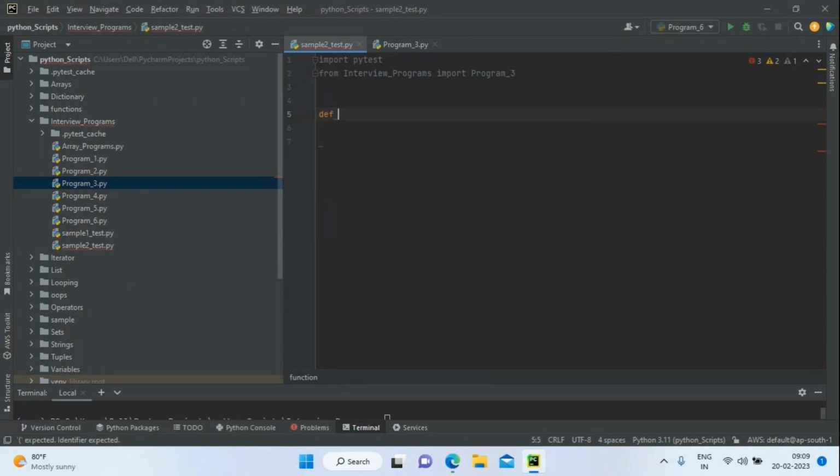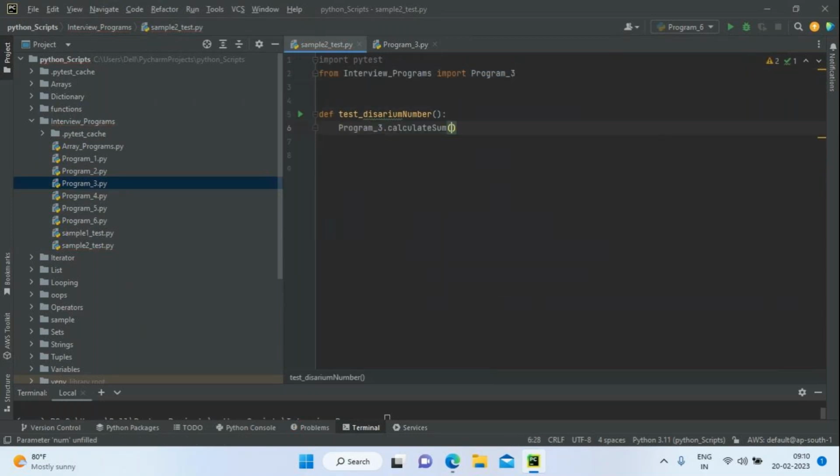The function should start with test underscore, and the test case name will be disarium number. Test underscore disarium number will be the test case name, and then you can put the colon and write the logic. Now we're going to call program 3 dot